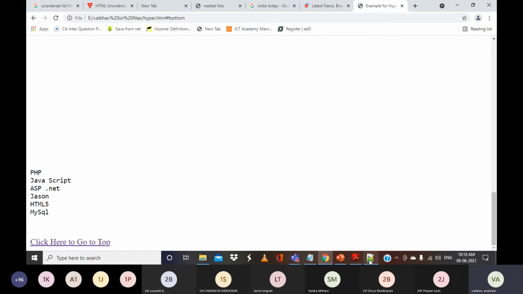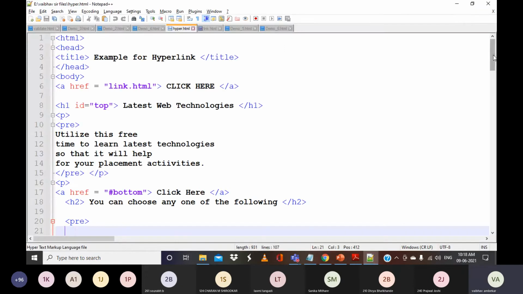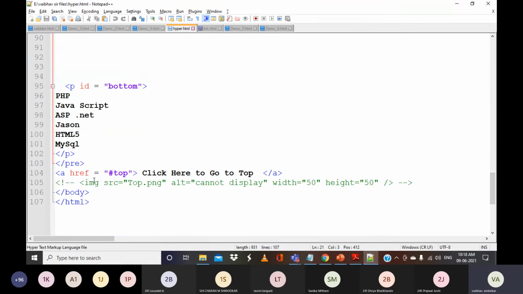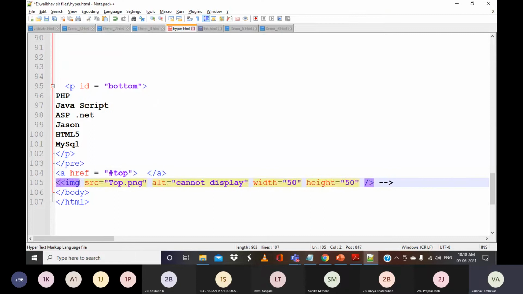I will go to this. Inside this we have href equal to top, click here to go to top. Instead of giving this text, we can add this image. I have taken one image, and this will be included inside the anchor tag.